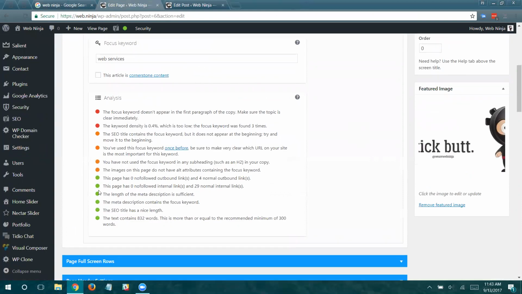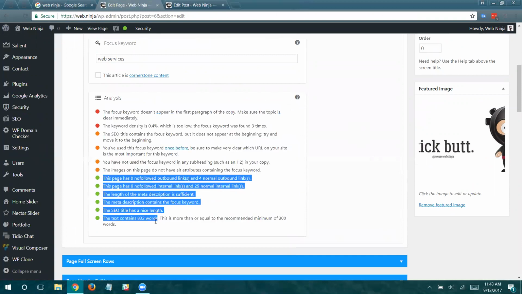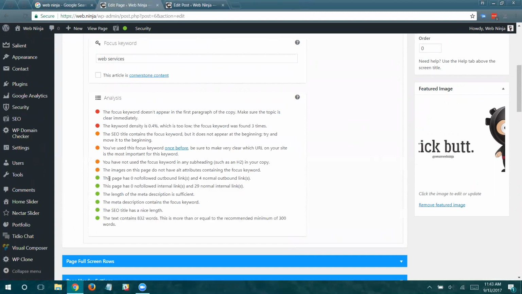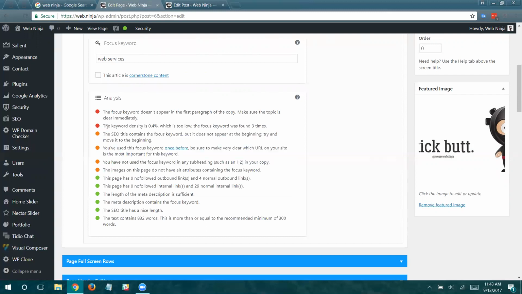Now, if you don't have those things in there, they will show up in the analysis. So the way I look at these is that I start looking at the green stuff and it starts telling you, okay, here's what you did good. Because I need to pat myself on the back pretty often because I'm hard on myself. I'm a perfectionist. I try to do the best. And if I don't, then the positive reinforcement keeps me going, okay? Now, orange is stuff that is important but not vital. Red is stuff that it finds as vital.